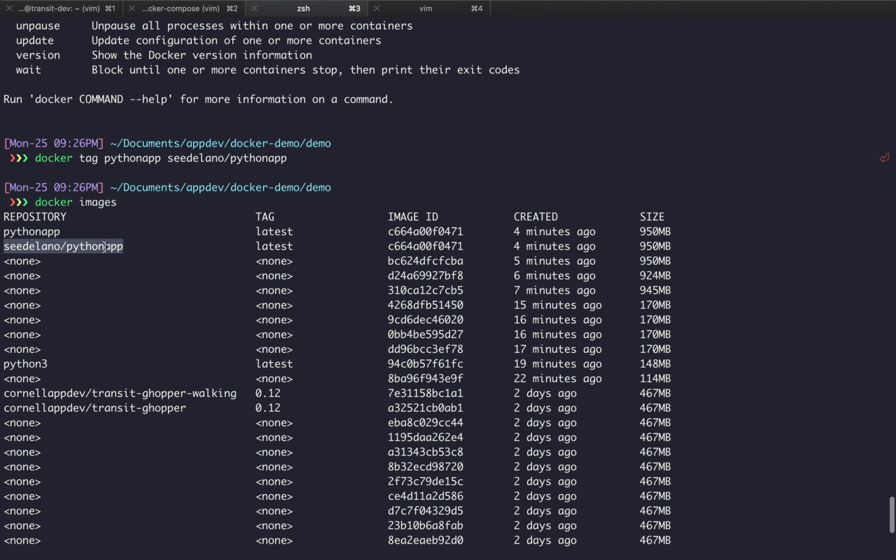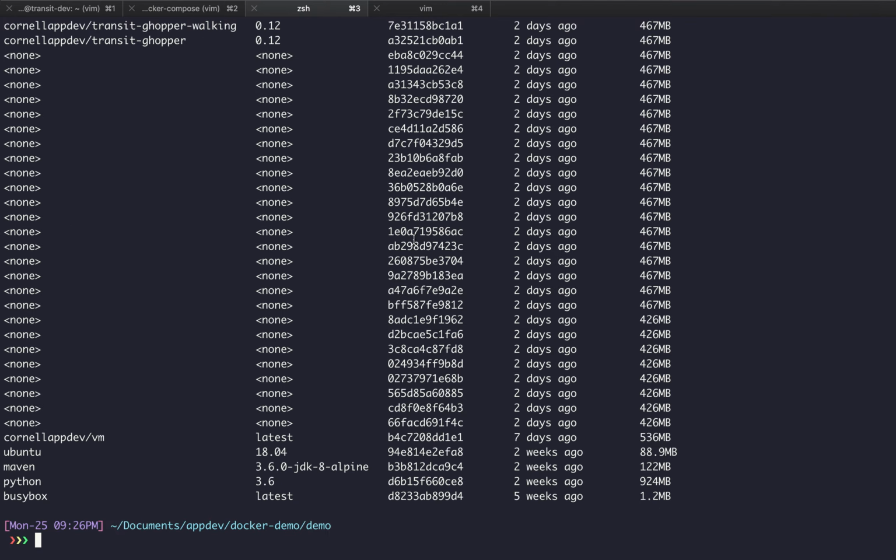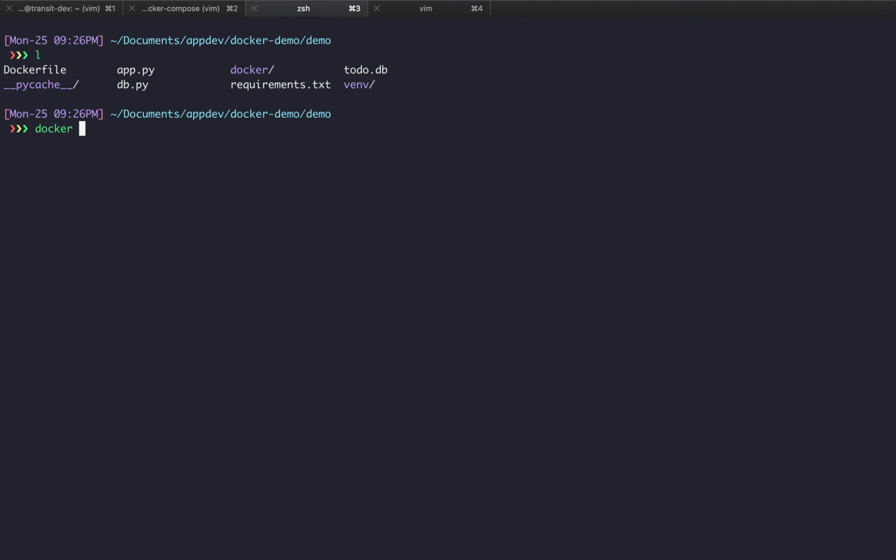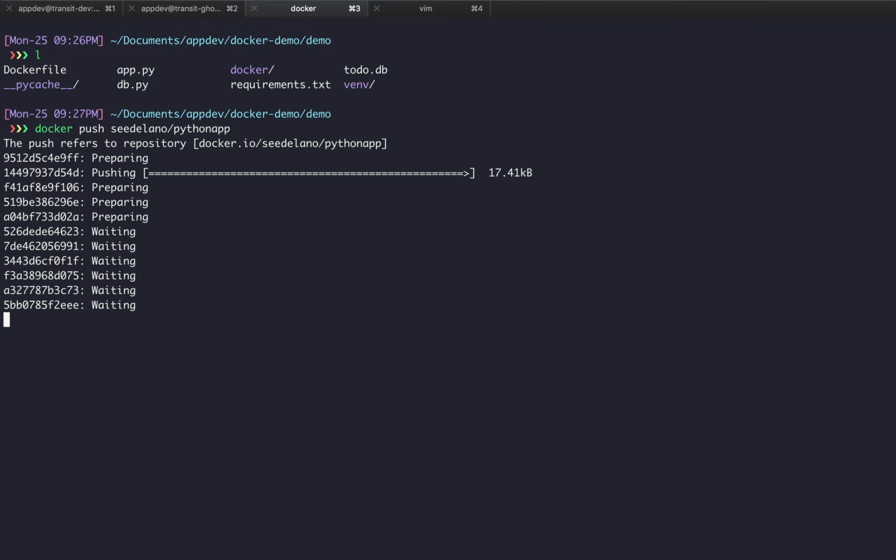Now if I run docker images, and then I scroll all the way up, I can see that I tagged my image, and these images have the same image ID, or the same hash basically. And now I can just do docker push, and then my username, and then the image I just created, which is python-app.